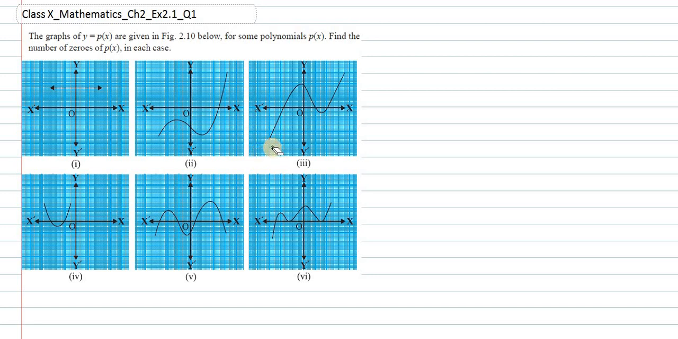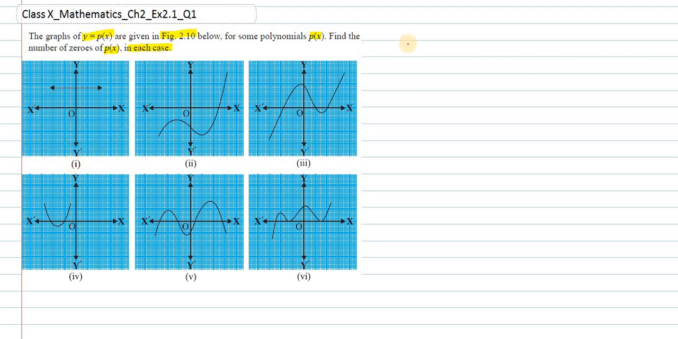The question says the graphs of y equal to p(x) are given in figure 2.1 below for some polynomials p(x). Find the number of zeros of p(x) in each case. So we have to find the number of zeros of p(x). Now you see